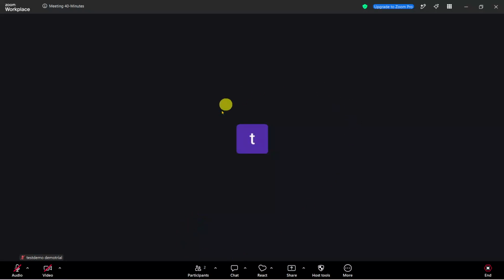Hello, today we will guide you through how to admit Zoom attendees from a waiting room. If you're hosting a Zoom meeting, the waiting room is a helpful feature that lets you control when participants are allowed to join. This is especially useful when you want to make sure only the right people enter the meeting at the right time. In this walkthrough, we'll go through the simple process of admitting someone from the waiting room